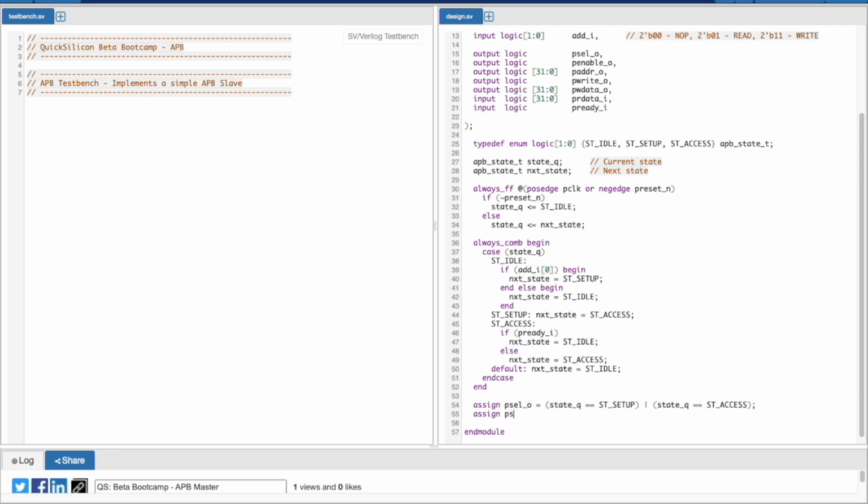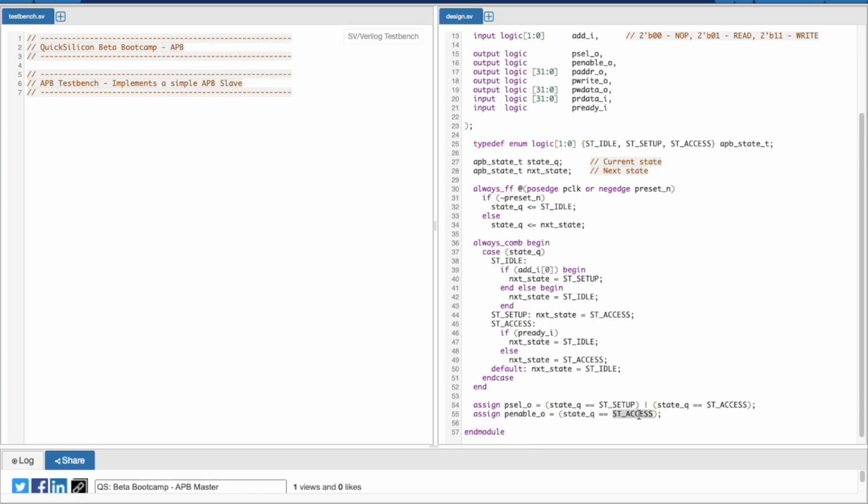We can use the similar logic for our PENABLE signal. This would be asserted whenever we are in the access state. And this will also satisfy the criteria that your PENABLE should be asserted one cycle later, because your PSEL would get asserted when we enter the setup state, and on the next cycle we are sure that we will be entering the access state, which means your PSEL would come one cycle before the PENABLE.